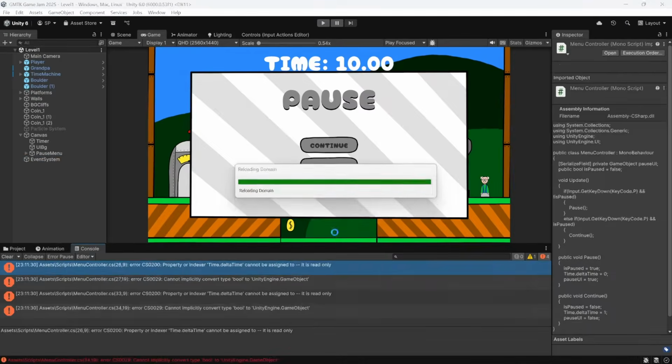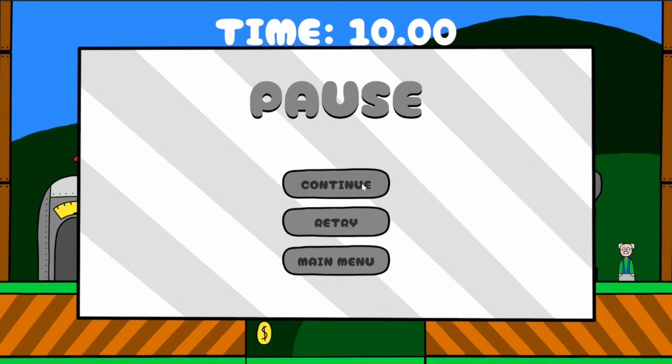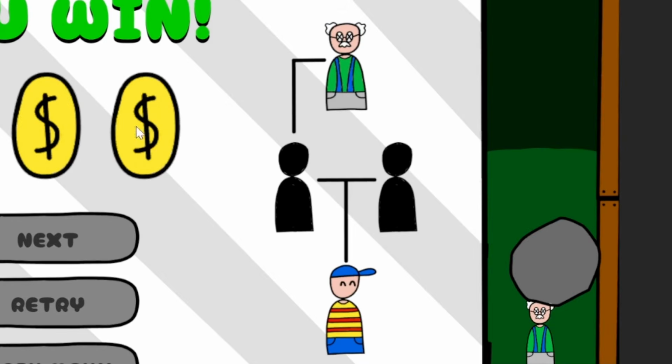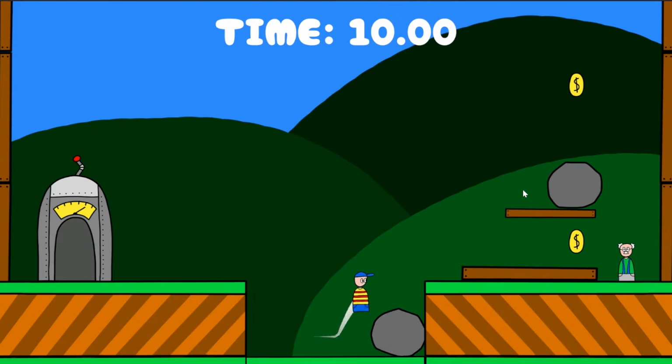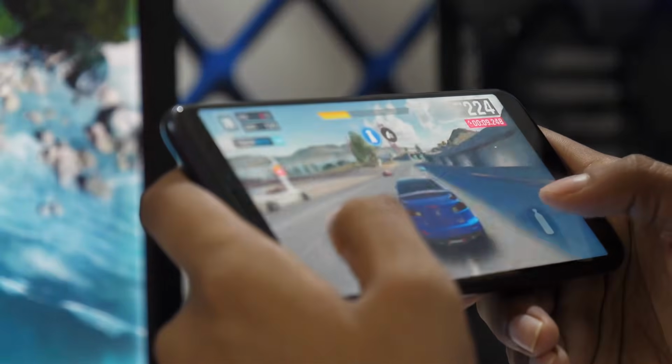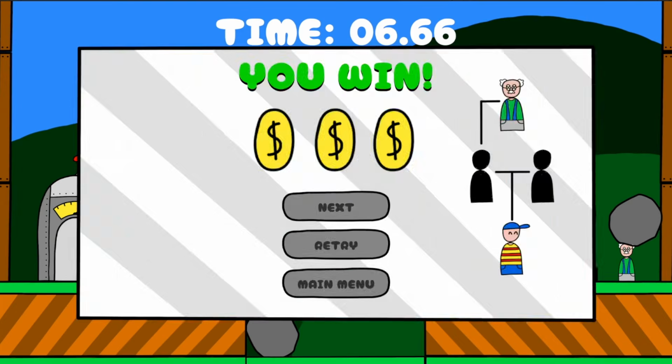After that, I started making all of the menus: the pause menu, the lose screen, and the win screen. I added this family tree to the side in order to make things clear. It's kinda fun. So yeah, level 1 is complete. Looking back, day 2 was really productive. The most important thing in a jam is to make the game playable before adding more stuff, and I was able to do that fairly quickly.